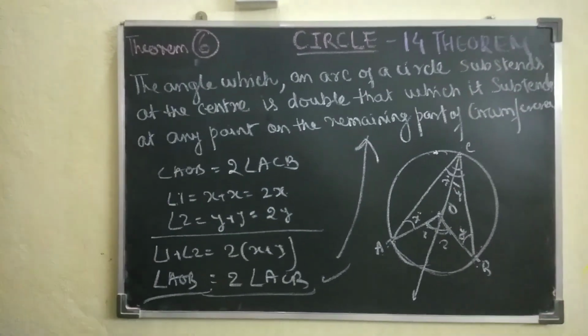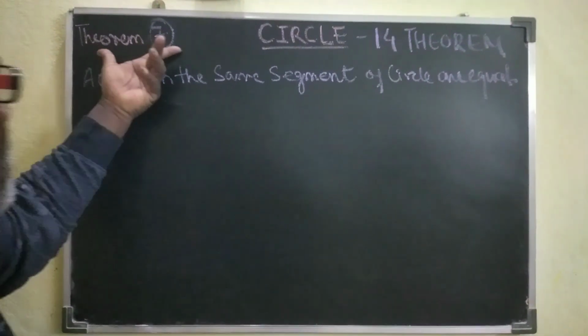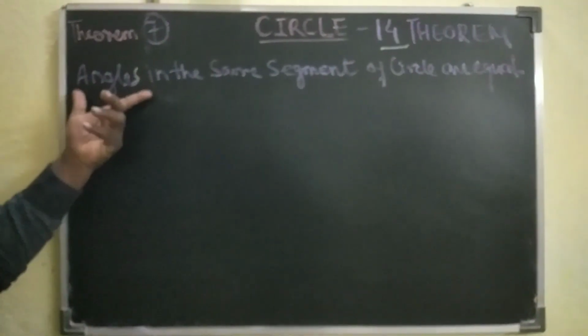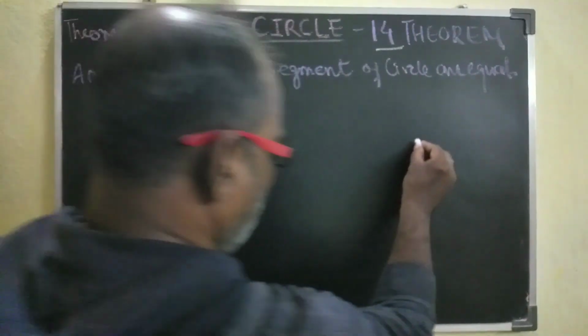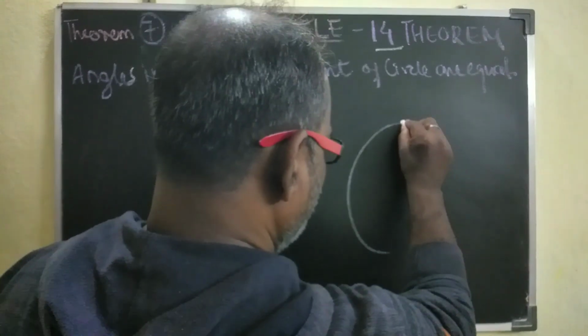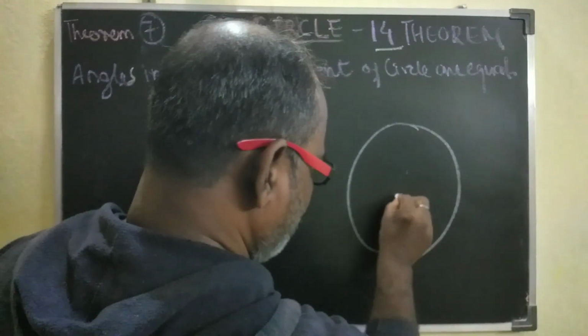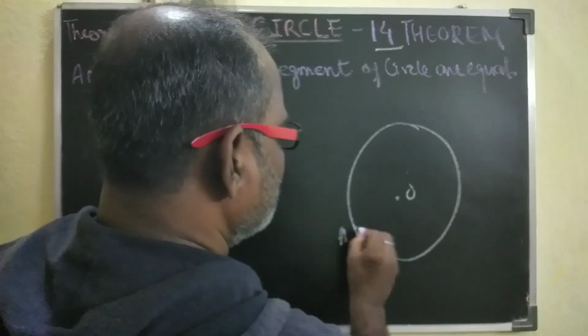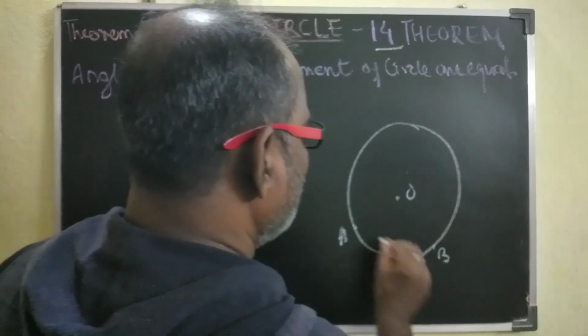Thank you. One more important theorem. This is theorem number 7 out of the theorem number 14. Angles in the same segment of a circle are equal. That means what? Suppose this is a circle with center O, then this is arc AB,